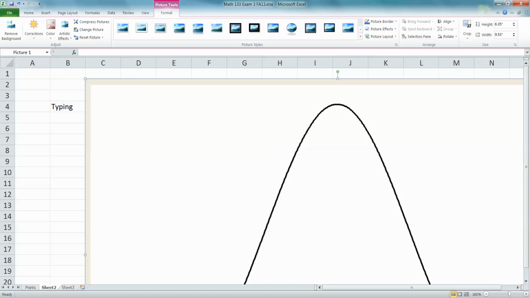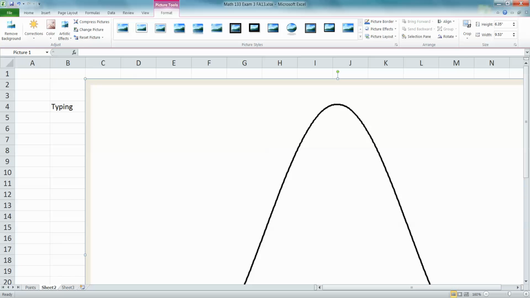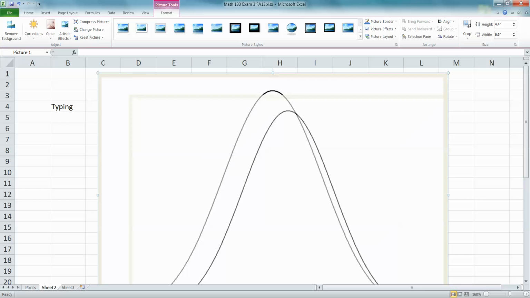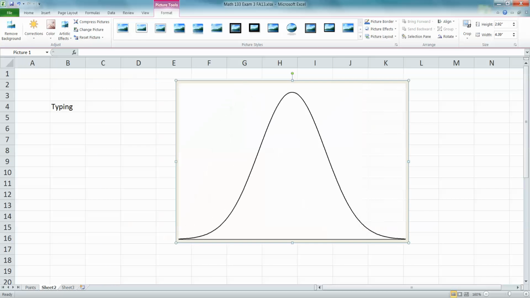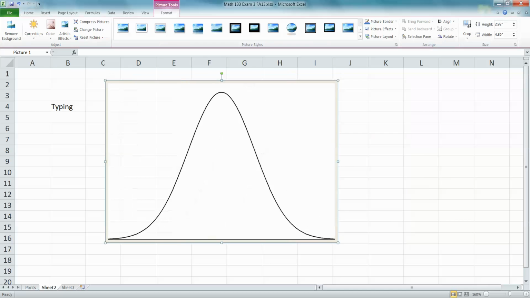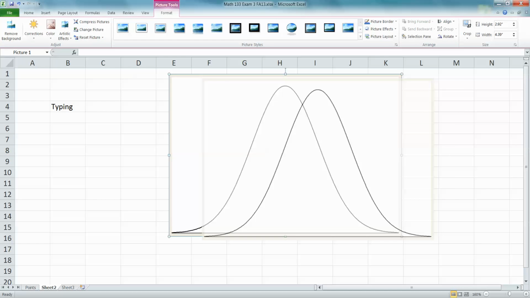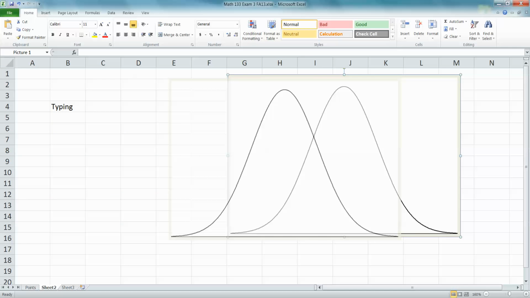And there it is. You can see it's particularly large here, so I'm just going to move my cursor to this top left corner, for example, and drag it down, and my image is going to get smaller in relation to how I'm making it smaller. And then I'm clicking on it and moving it around. So I can see, I want it over here, I want it over here. It just depends on where your typing is and where your work is being shown. So if you have a lot of work over here,